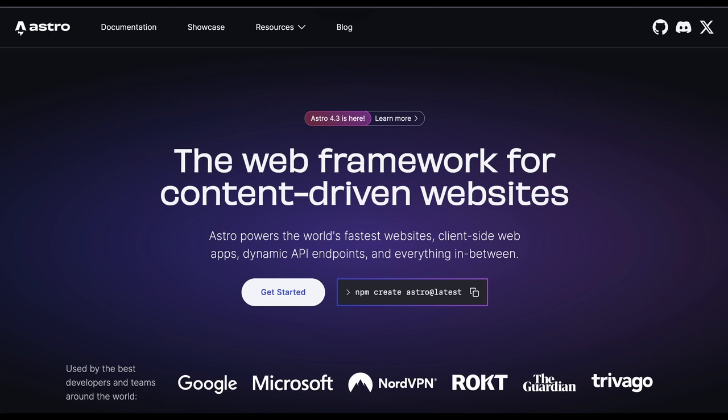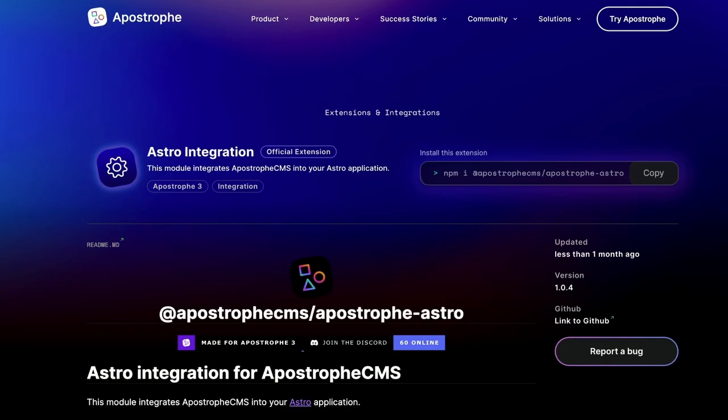Astro takes this a step further by providing the framework to use a wide variety of libraries like Vue, React, and Svelte to populate the islands. In fact, while playing around, I was able to have a page that had a component made in each of these libraries displayed at the same time, and it was ridiculously easy.